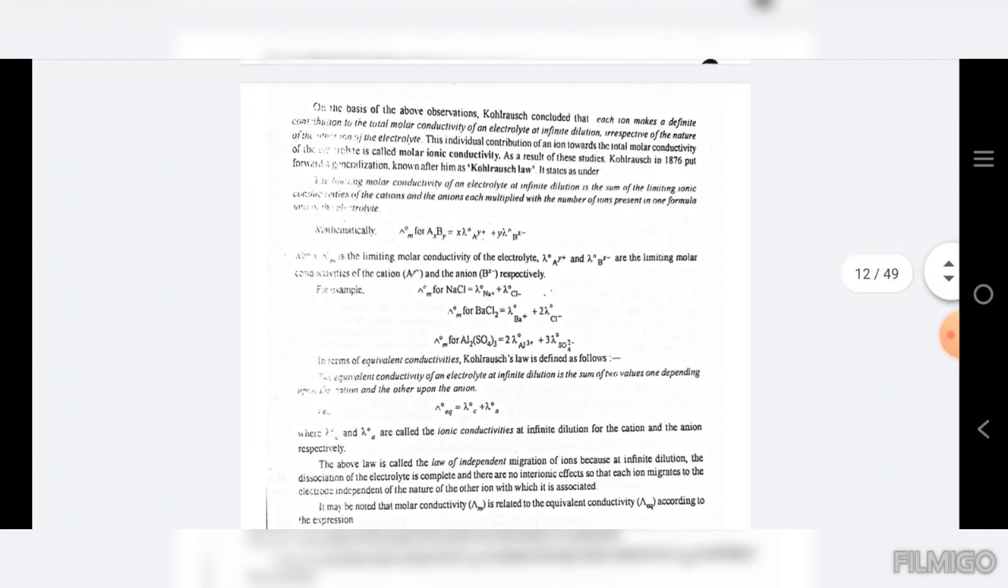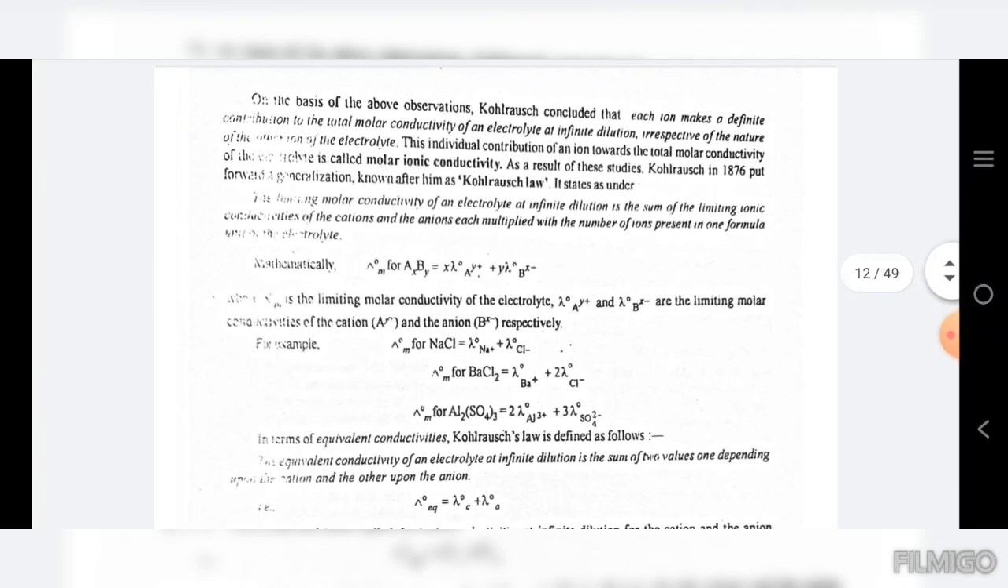On the basis of the above observations, Kohlrausch considered that each ion makes a definite contribution to the total molar conductivity of an electrolyte at infinite dilution. Irrespective of the nature of the electrolyte, this individual contribution of an ion towards the total molar conductivity of the electrolyte is called molar ionic conductivity. As a result of these studies, Kohlrausch in 1876 put forward a generalization known after him as Kohlrausch's law. It states as under: